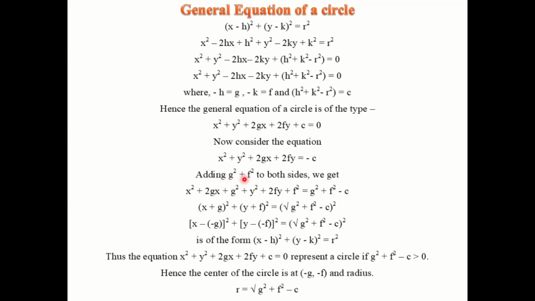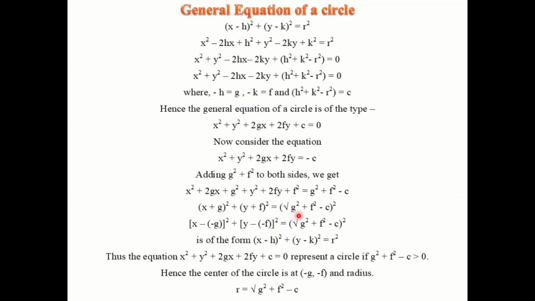Now observe critically: x square plus 2gx plus g square is the square of (x plus g), and y square plus 2fy plus f square is the square of (y plus f). Then we can write this as (x plus g) squared plus (y plus f) squared is equal to